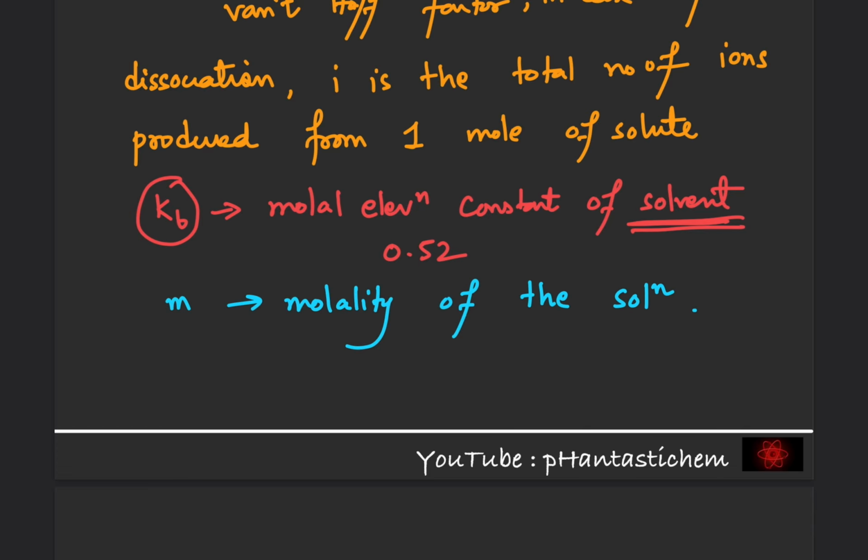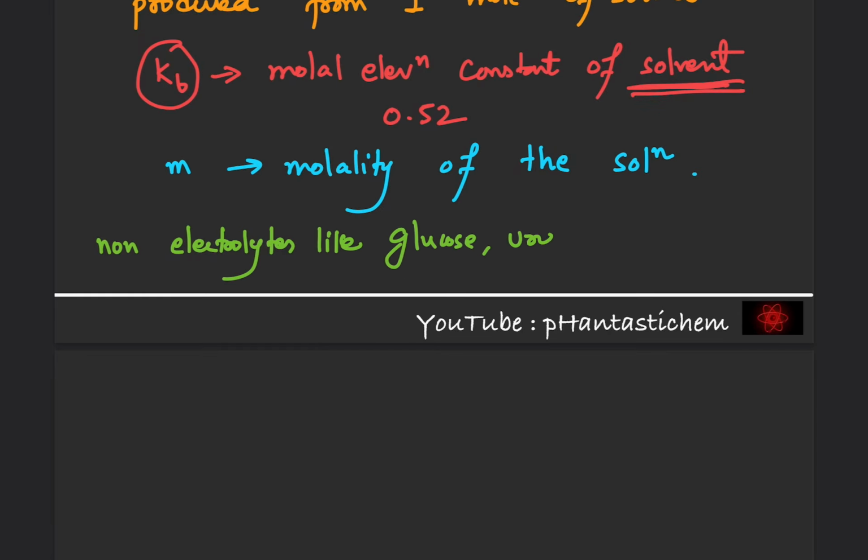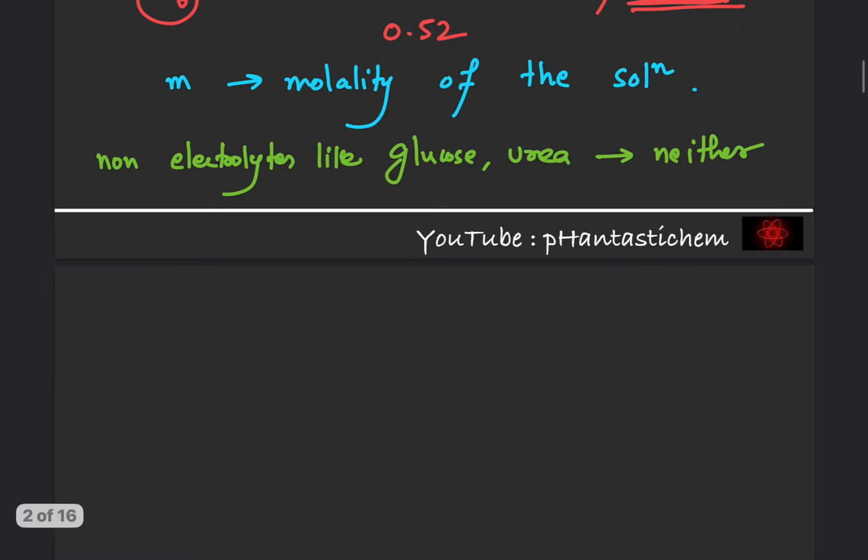One more thing that we need to remember is that whenever we take non-electrolytes, for example sugar or urea, these won't dissociate into ions. They don't undergo any dissociation or association in solution. This is an important point. That is, non-electrolytes like glucose or urea neither dissociate or associate